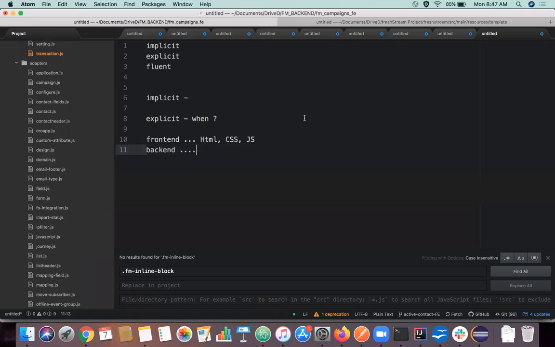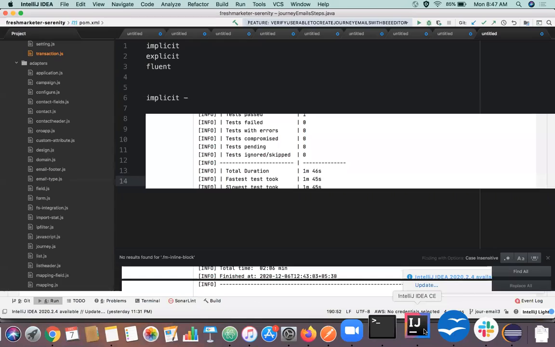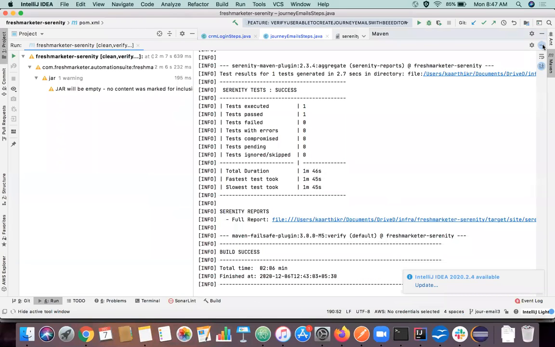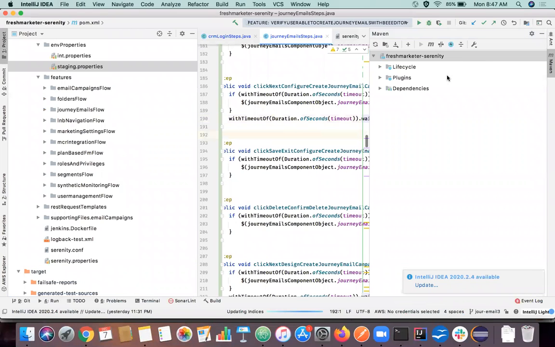So while validating the data that is fetched from databases, you will use explicit wait and wait for the particular element, let's say a table data structure or something like that. In most of the cases, we will use this explicit wait only. I'll show my project actually. If you see this,